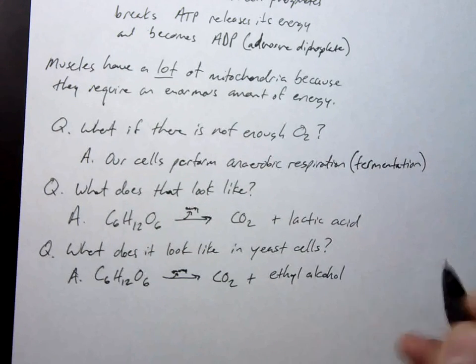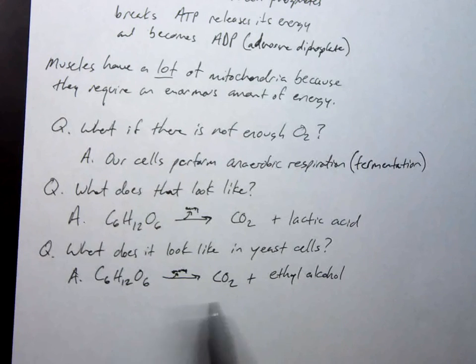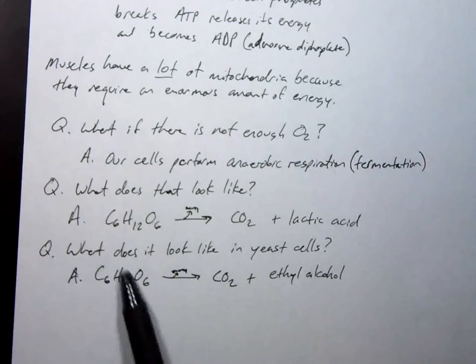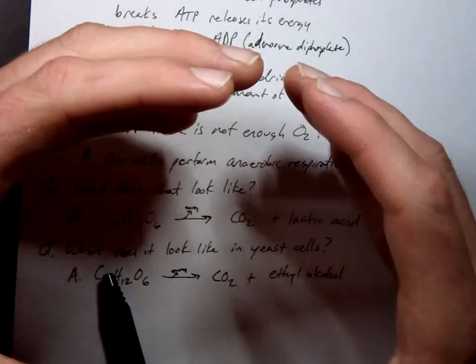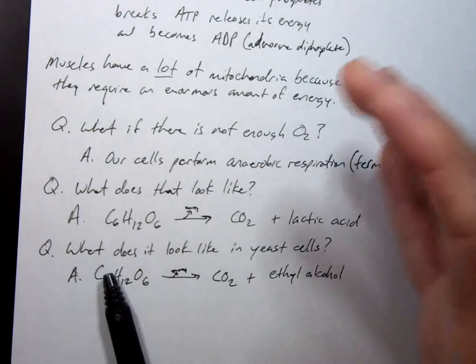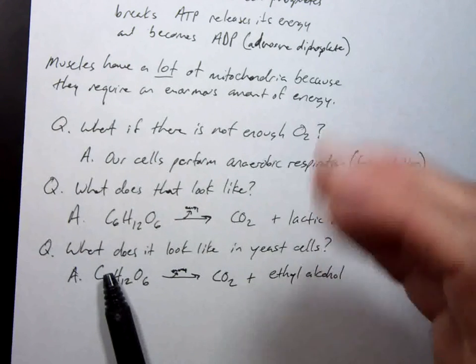Ethyl alcohol is produced. Now, at home, I'm making some bread right now. I'm kind of on an artisan bread kick. And so, in my fridge, I have an artisan bread dough that I mixed up, but I had to let it rise for 2 hours. Mixed it with the yeast, the water, and so on and so forth, salt, and, well, of course, flour. And then I put it in, and the dough was like this big. And then after a 2-hour rise, it was not that big, okay? What made it get bigger?